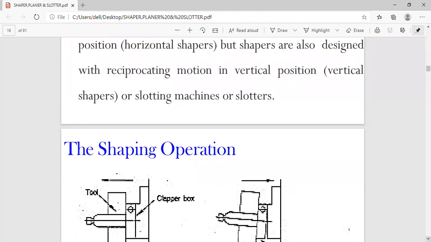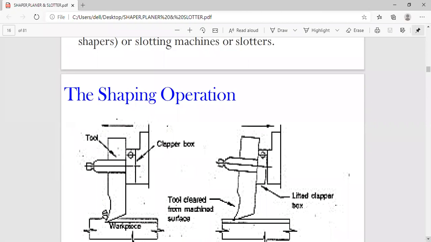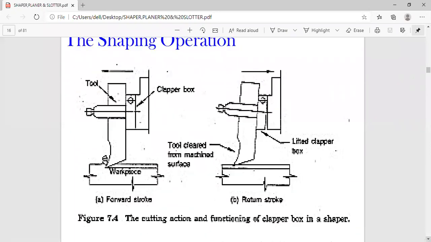Already I told you the construction, working principle and specification of the shaper. The operations conducted on the shaping machine are very important. You have to explain the cutting action and functioning of the clapper box in a shaper. Suppose the question is there, you have to draw two diagrams for the forward stroke and the return stroke.